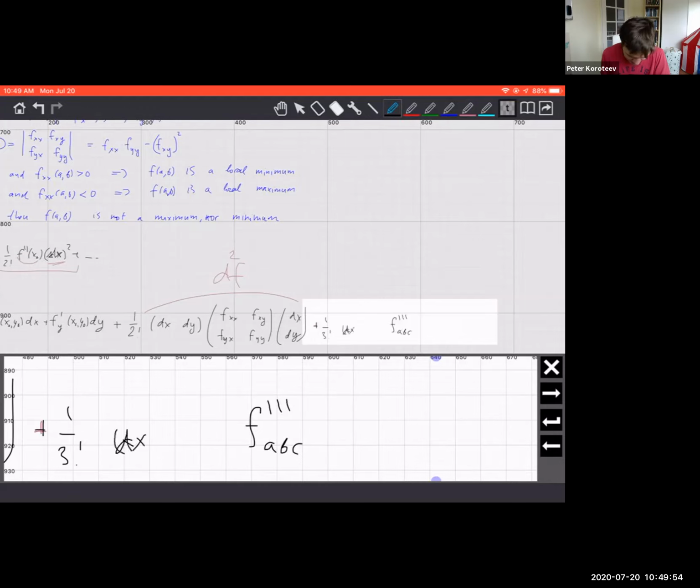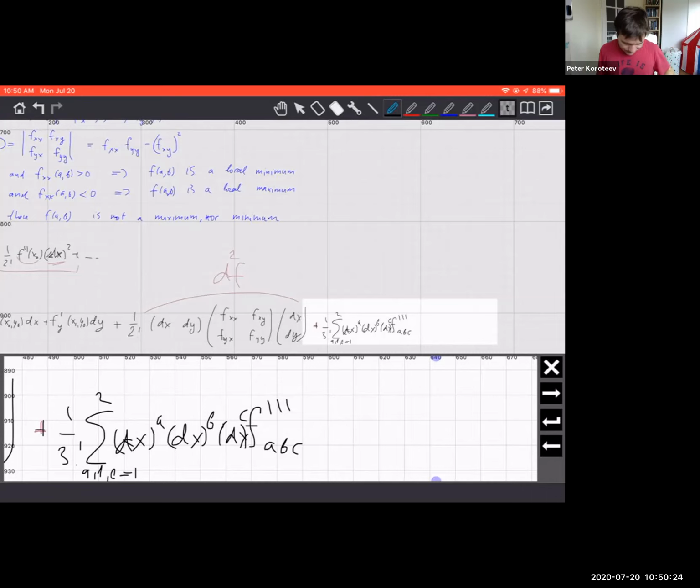I don't expect you to be familiar with tensor notation, but anyhow, you'll see what's going on. So dx_a dx_b dx_c, where a, b, and c go from 1 to 2. So you need to look at all possible derivatives in all directions, right? And then you convolve it with a cubic expression now, right? And then basically